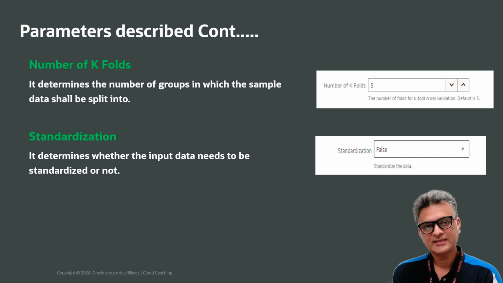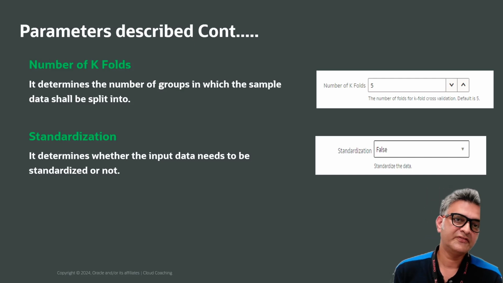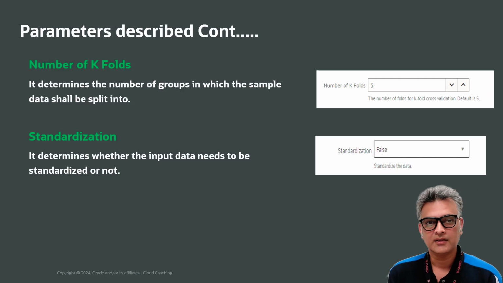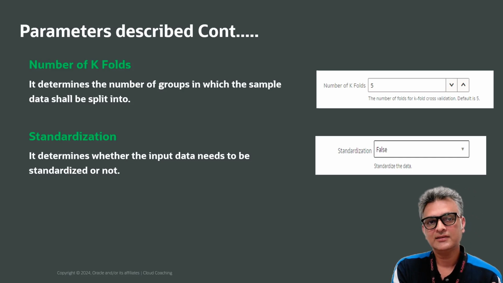So the range could be between 50 and 120 for weight. For height, it could be anywhere between 150 centimeters to 180 or 190 centimeters. And then income could be somewhere between 50,000 and maybe 200,000, 300,000, right? So the range of values is very different for each of these